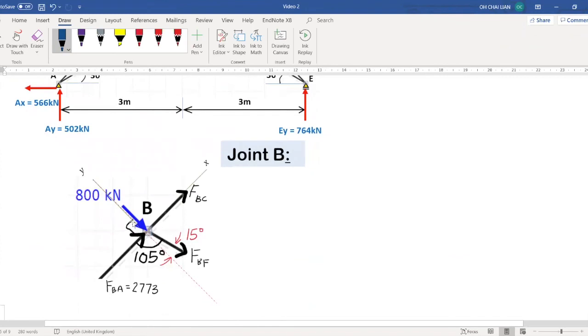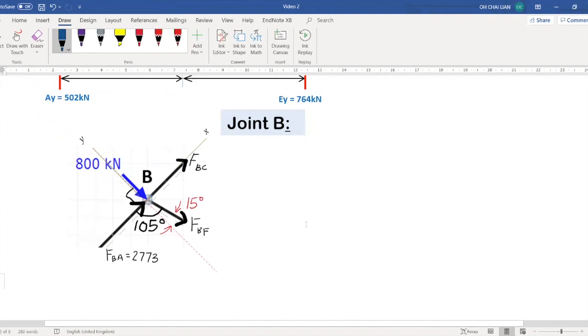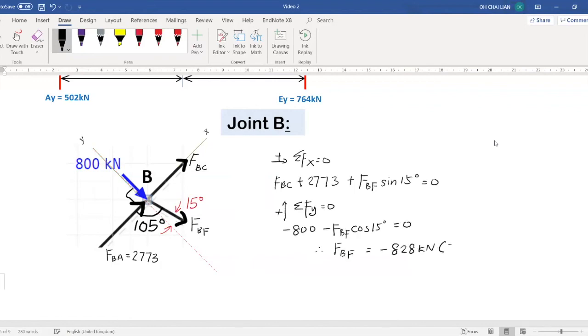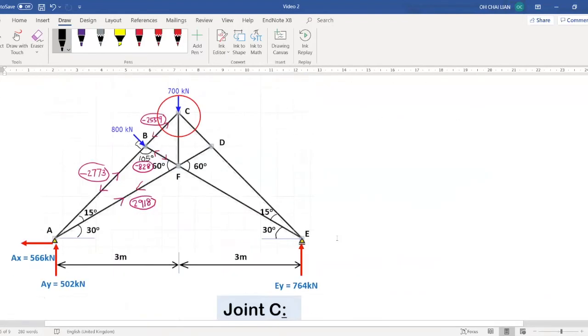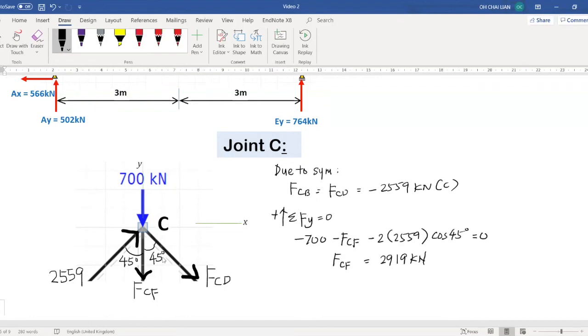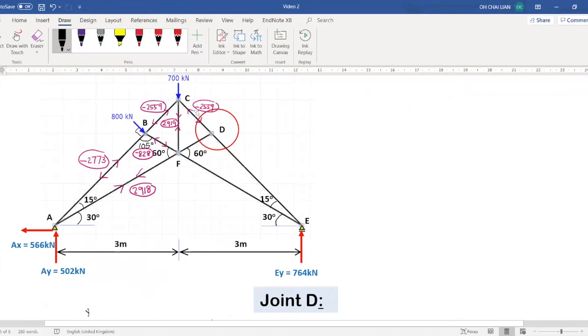Next, we can analyze joint B, and the similar procedure applies. Note that in this case, the axes X and Y have changed. This arrangement may make the solution easier. We will continue with solving joint C, joint D,